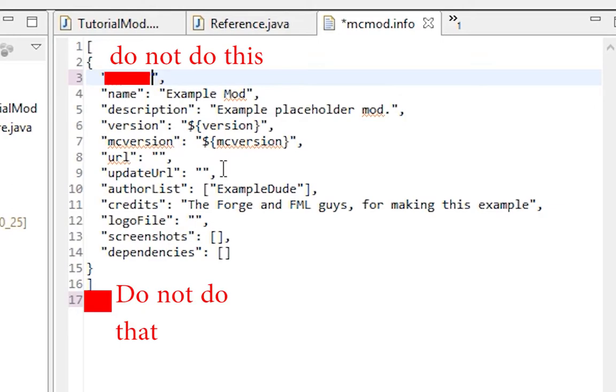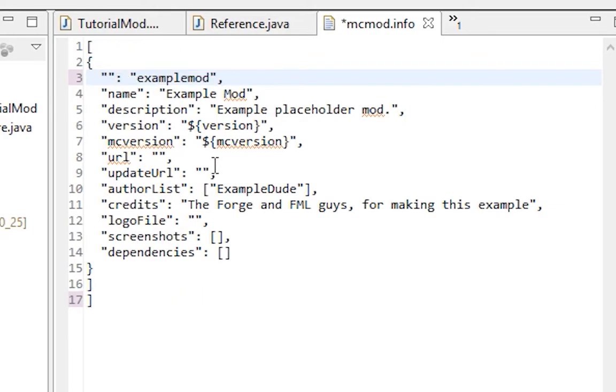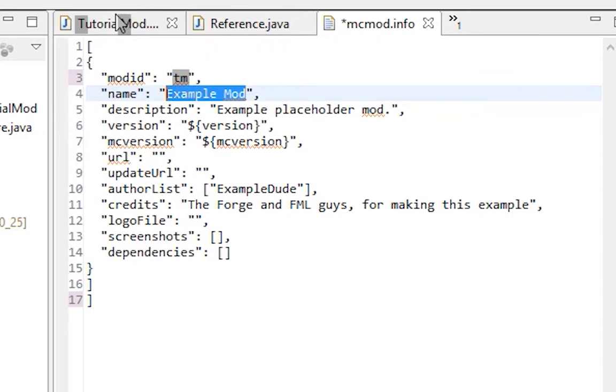Actually, sorry. So mod ID, TM is my mod ID, but that's just mine, tutorial mod. Whatever you put in as the acronym for your mod. Then tutorial mod,